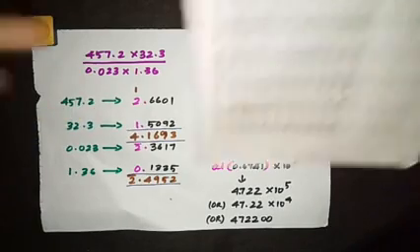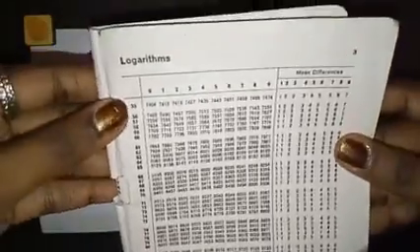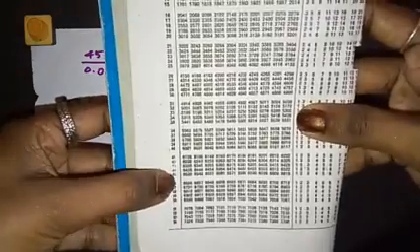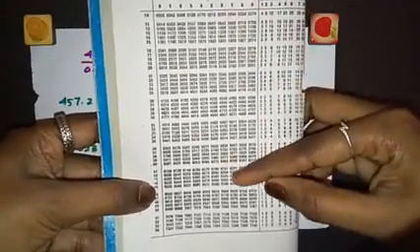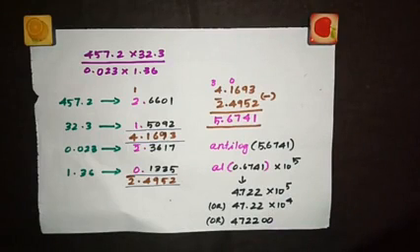So look into the table. So where is 45? 45 is here. So here it is 45 and 7, it's here. So 45, 7, you're getting a value of 6599 and 2 mean difference. So in this same 45, you look for the mean difference 2 here. So 45, 2, you're getting 2. So you're going to add these two values. What are the two values?